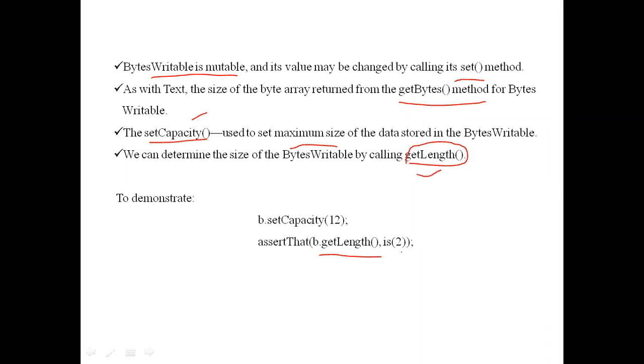In our example, it will give the value 2. To confirm that, we use a method to compare: is b.getLength equal to 2 or not? It will return true or false. So setCapacity is the maximum capacity; next, getLength is the current length.